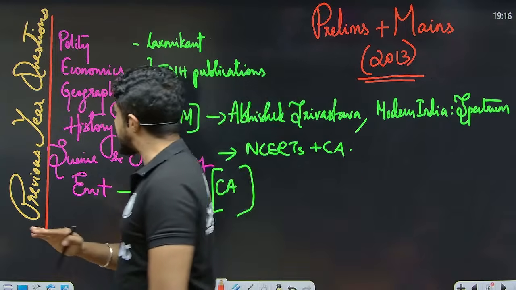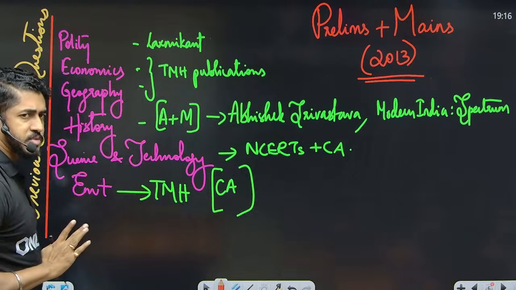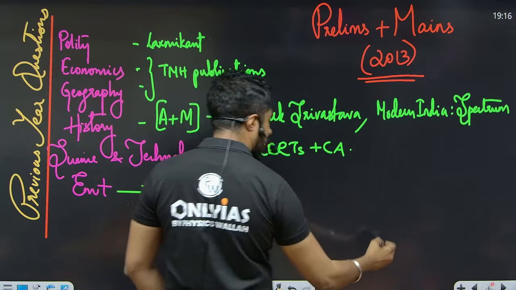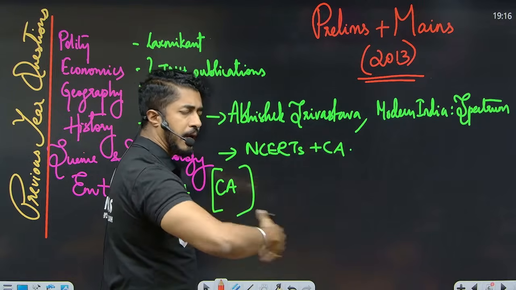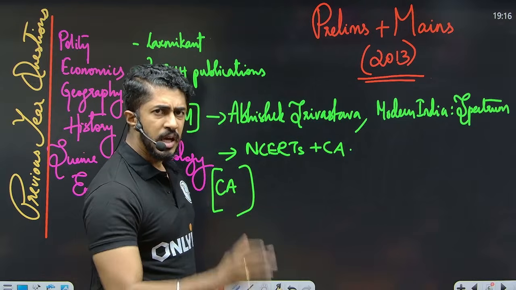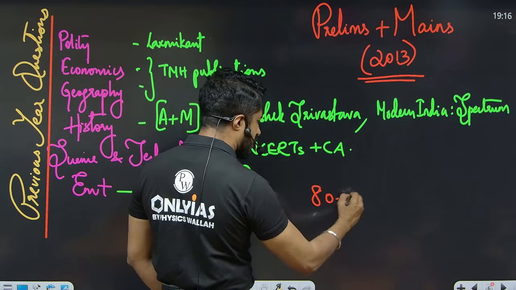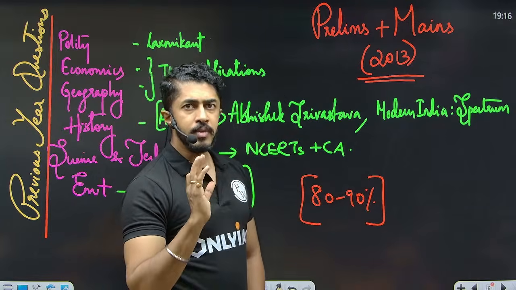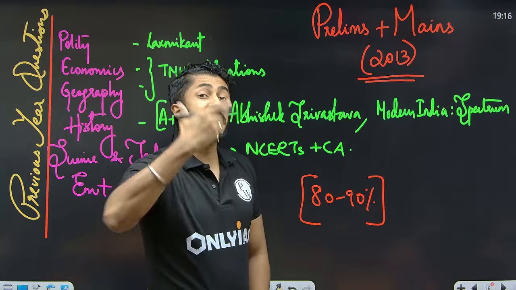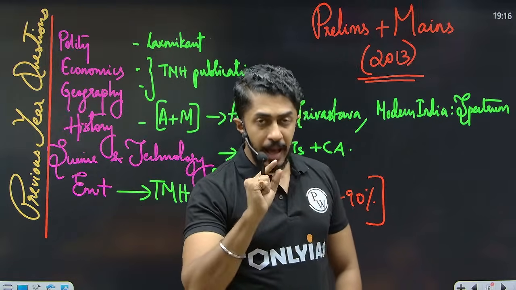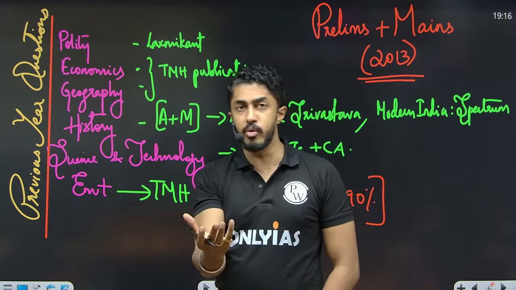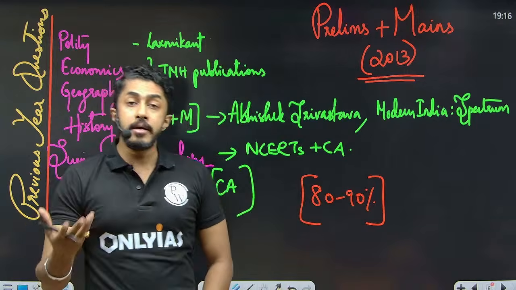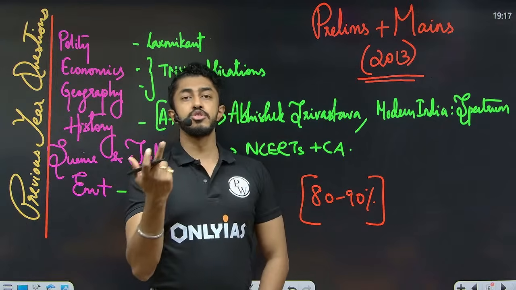See, countless materials are there in the market for each and every subject. And it is not that in one particular textbook, 10% content will be there, and in another textbook, 100% will be there. Reality is 80 to 90% of the content is the same in every book. What really matters is how it is presented. Is it presented in such a manner where anybody who reads it will understand it immediately? Well, good. If you don't understand, then you should change the book.